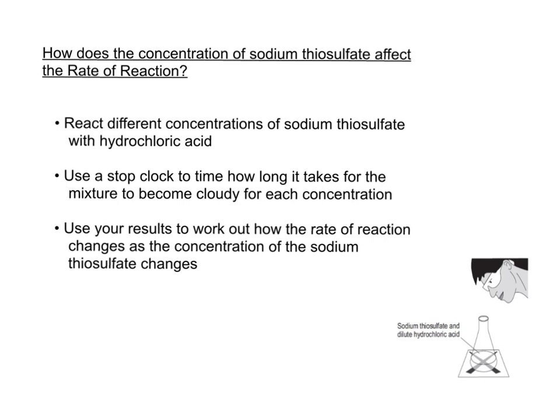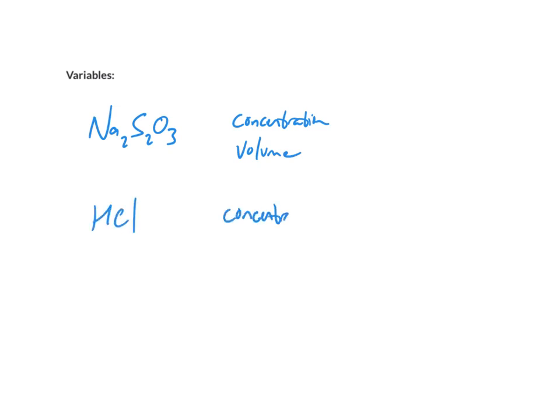So if again we consider the variables in this reaction, the two chemicals are solutions of sodium thiosulfate and hydrochloric acid. So can you pause the video and make a list of the variables? So the sodium thiosulfate has the formula Na2S2O3, and because it's a solution, then we need to consider the concentration and the volume. And for the hydrochloric acid, again, the concentration,